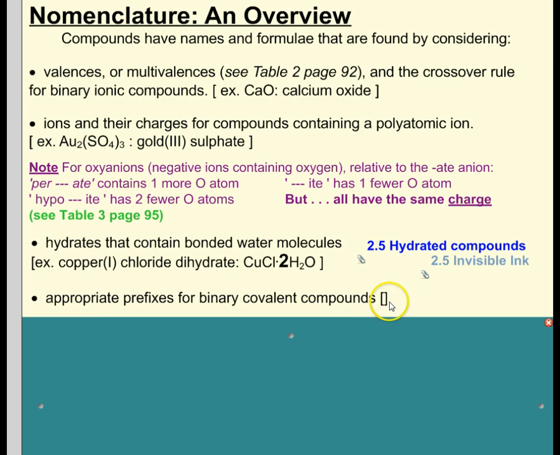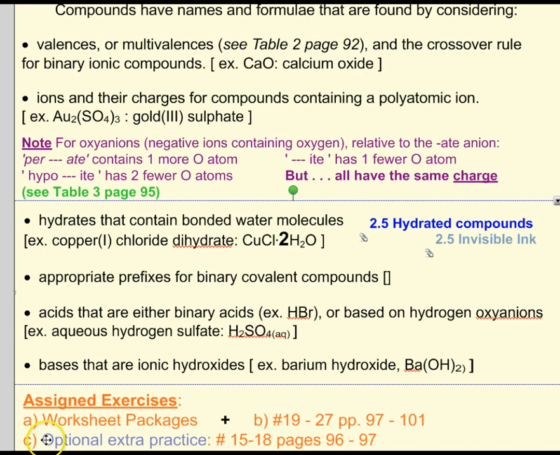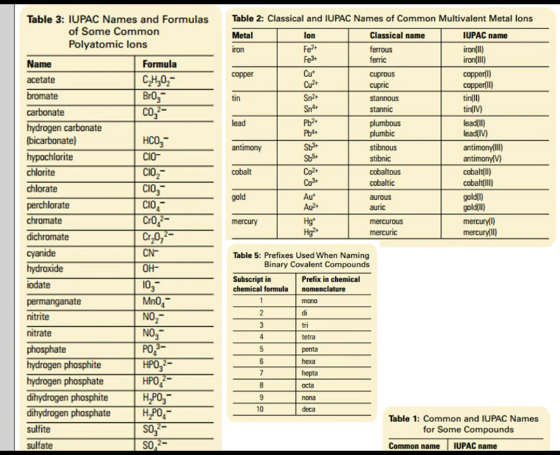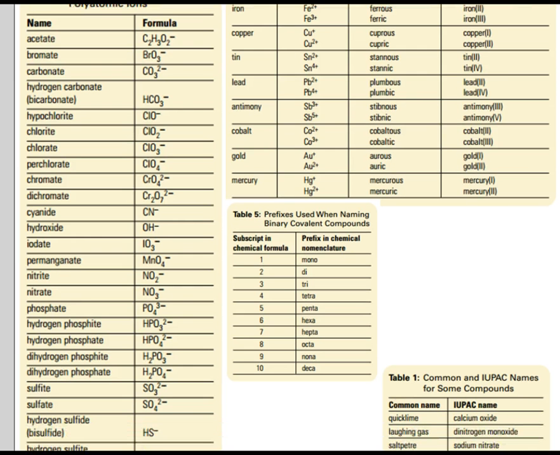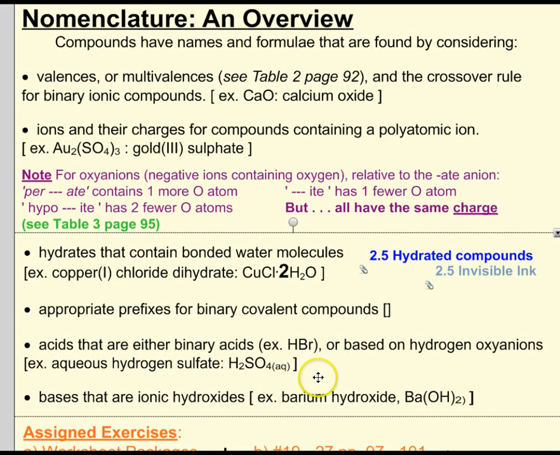And let's have a look at binary covalent. So with this type of compound, we're going to be just looking at a simple prefix system. So in your package you have, which is applicable to both acids as well as binary covalent compounds, the prefixes from 1 to 10 that would be attached to the element names. And just going back to our overview sheet here, just to include an example, we could think of some that we've seen in class before, such as